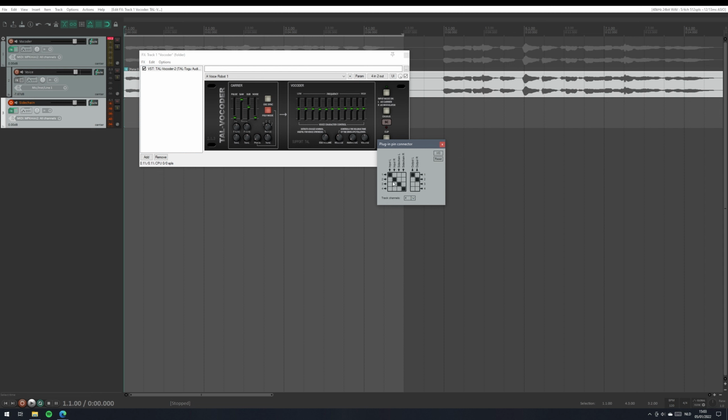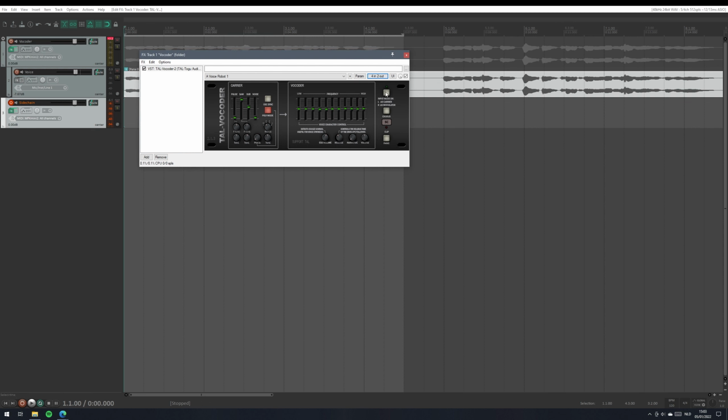So now our first 2 channels are the inputs. So that's our voice. And the second 2 channels, channel 3 and 4, are our sidechain channels. We need to enable the input mode and the sidechain. That's step 1. Now we basically prepared our Tal vocoder for receiving a sidechain input,